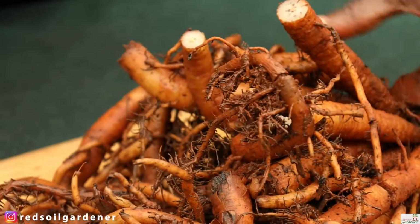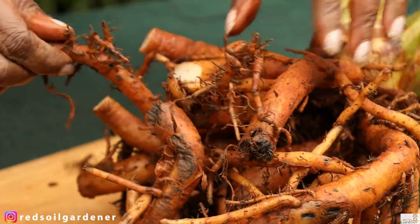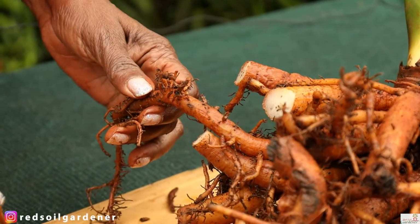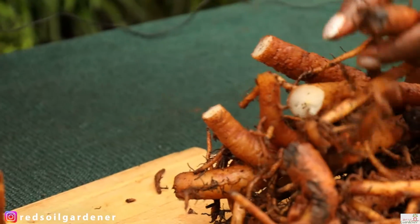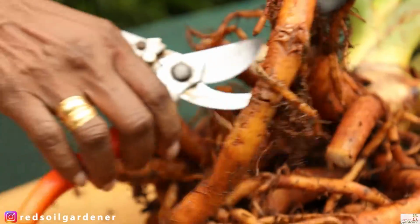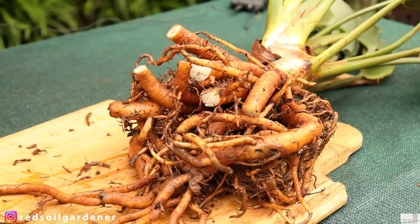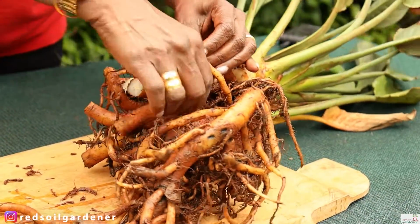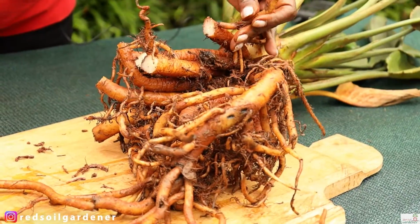And let's turn it around. Again, this looks rather healthy, but this is broken there. So I'm going to snip it here. And I'm going to snip there. And, oh dear, so I'm going to snip it there. So what I'm doing here is actually snipping my tuber